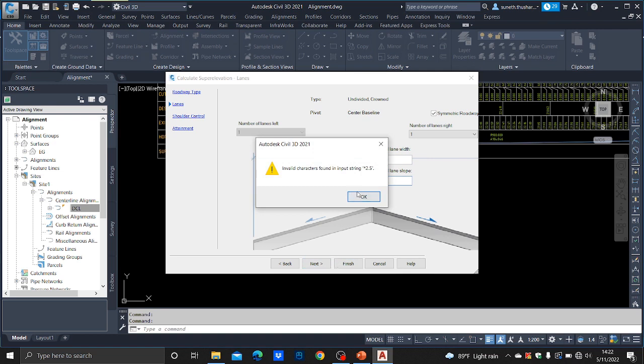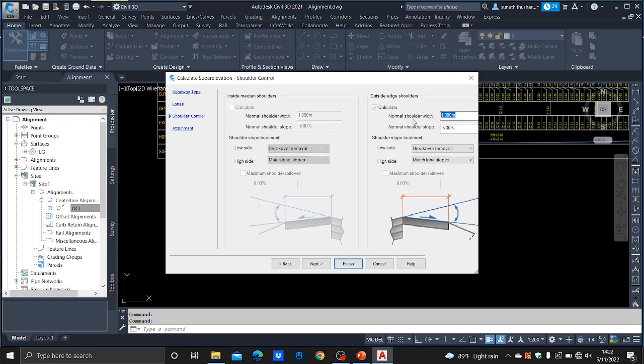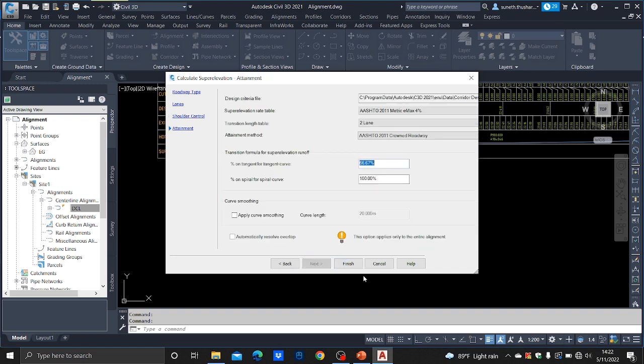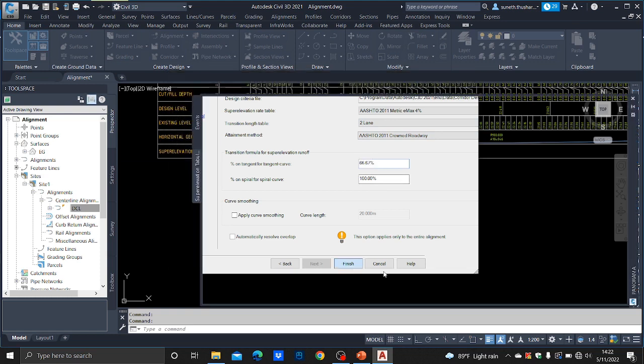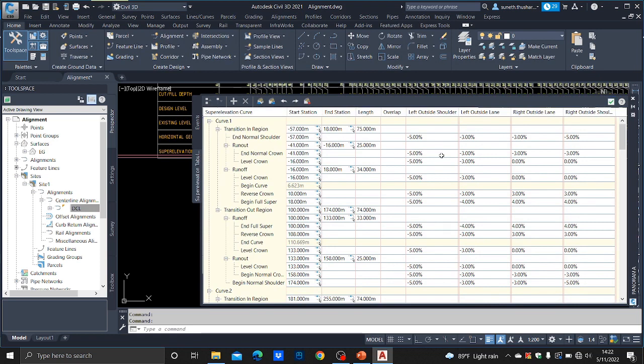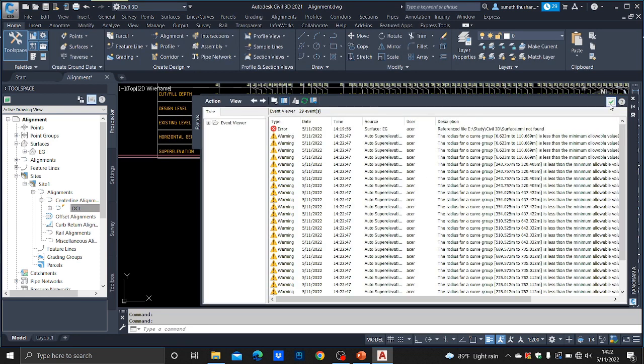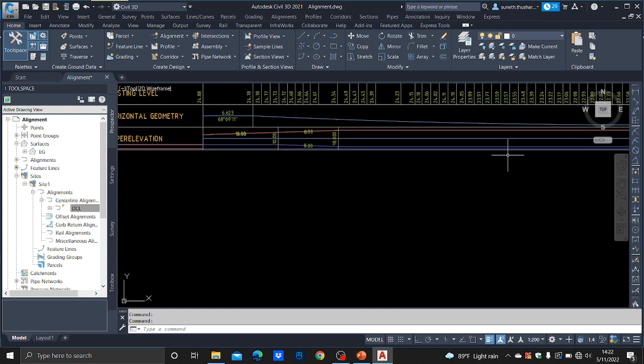It doesn't consider that. Okay, so keep it like 3. And then normal shoulder width, ours is 1.5. Normal shoulder slope, we'll keep it as it is. Next. And this is the superelevation development methodology. This is mostly okay according to AASHTO. So you finish it and then check what has happened. This is your superelevation table. Now you can see this is how they create the